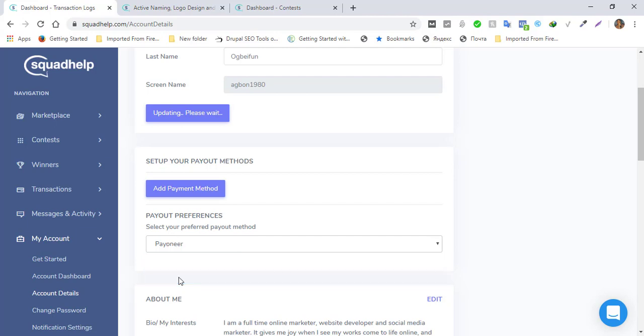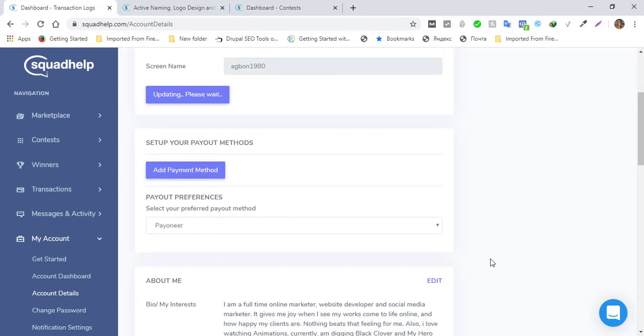And I will advise that we use Payoneer, especially for some of you that are having issues, that have not been able to open PayPal. You can use Payoneer. That's for another class. I'm not going to touch on it now, but Payoneer is very, very easy and fast, and you can be using it for other platforms also. So that's how you go about